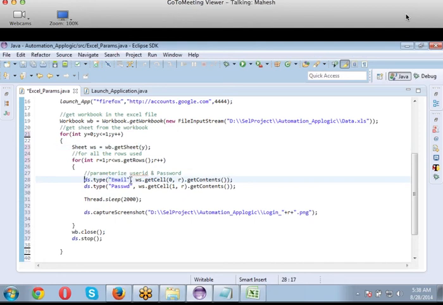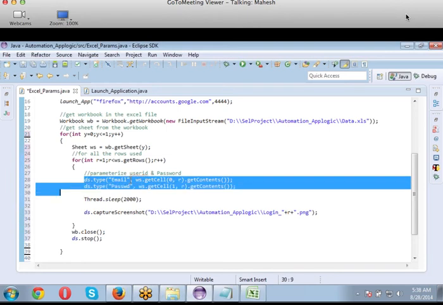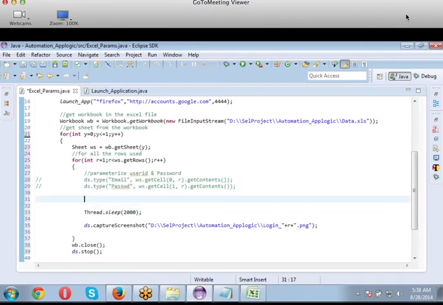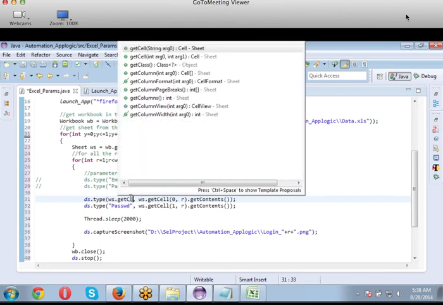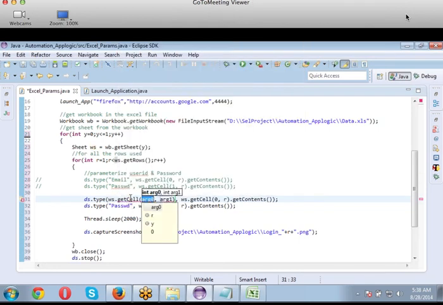I'm commenting these also. Copy and comment. Instead of email, I need to write ws dot getSend. Tell me what should be the values here. 4,1.